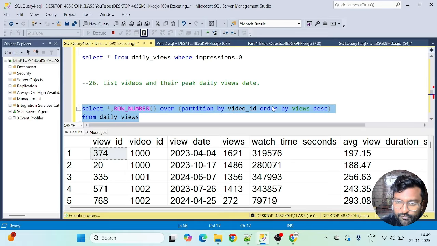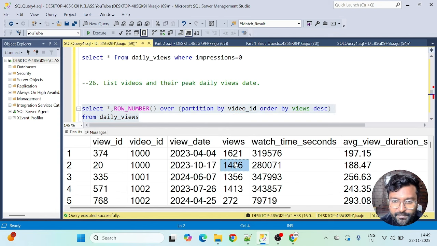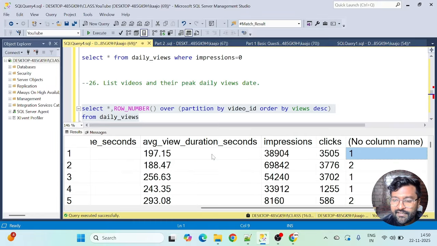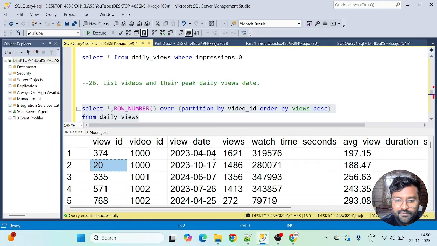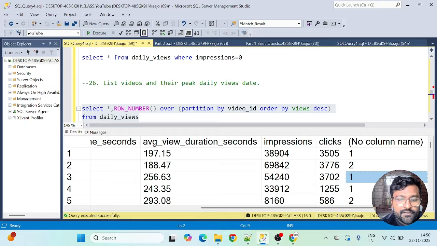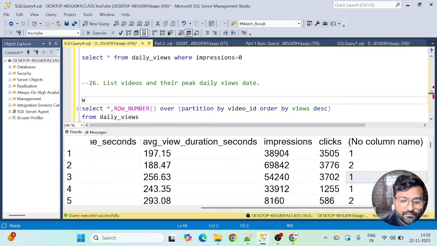Date will not be in partition by. That's why I was thinking multiple times about it. I felt that this should not be there, but I still went for it just to check. Okay, so this is fine, right? Now you see, for this video 1621 were the highest views, and we have got the rank as 1 for that, right? Okay, pretty simple.